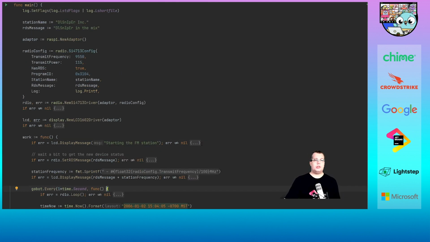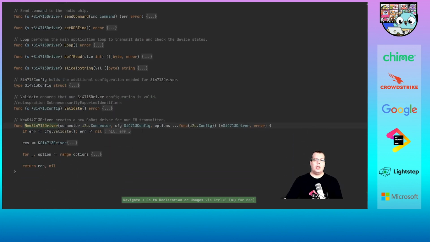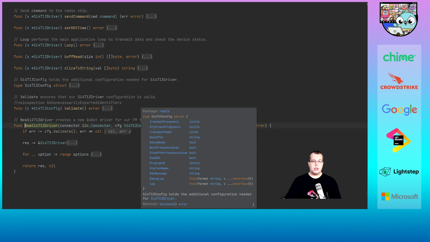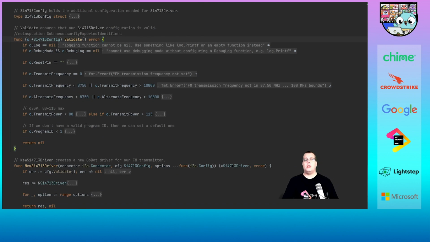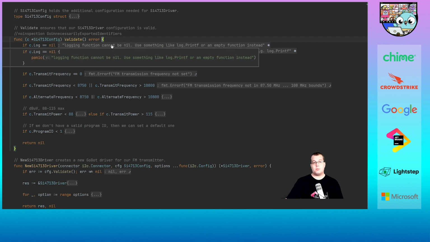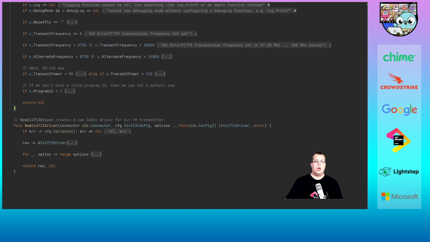Let's jump a bit more into our driver, and to do that, let's go here. I said I'm passing a configuration, which has quite a few fields, as you can see. This means that probably I should validate that configuration first. So for that, I have this validation function, which will make sure that everything is correctly configured, and if not, then I just panic, for example. After all of this is initialized correctly, hopefully,